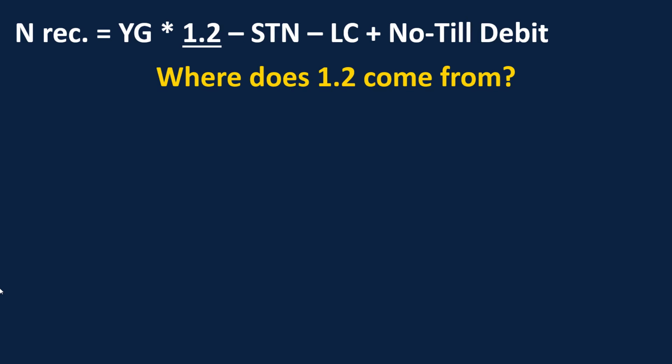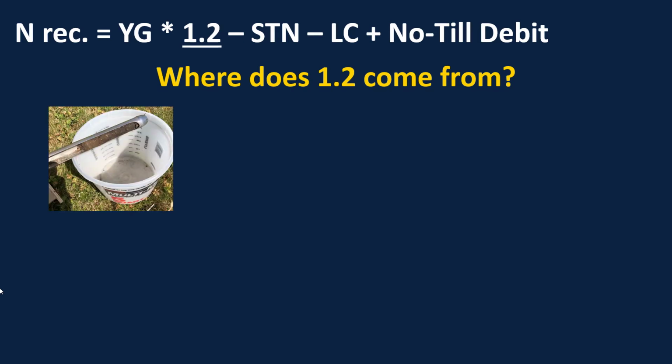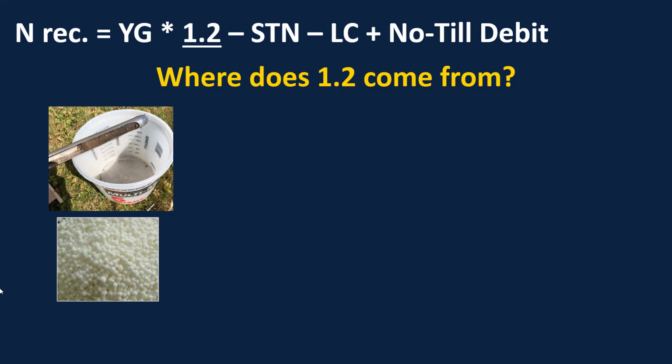So very simply, if we do some math, this is where it comes from. We take our soil test nitrogen value from 0 to 6 and 6 to 24 inches in pounds per acre. We take our fertilizer nitrogen recommendation in pounds per acre that we needed to obtain optimal yield, and we add those together. So in this example, that adds up to 240 pounds of nitrogen per acre.